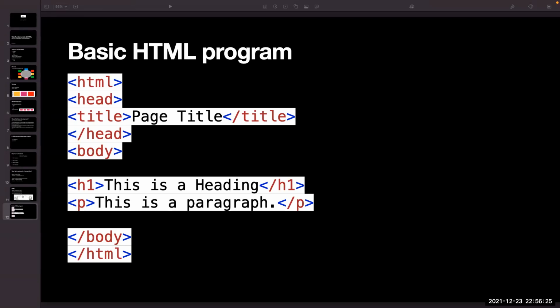Wait, I'm just attaching the file so that you can get it. Okay, I think you're able to check that file.